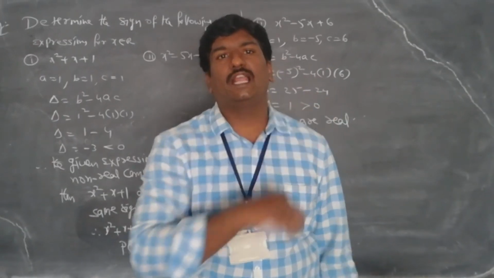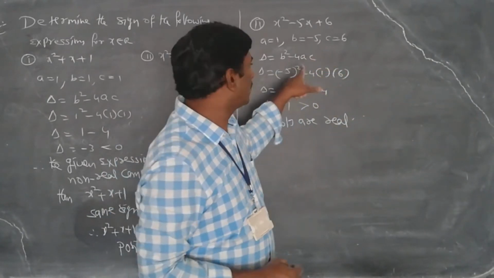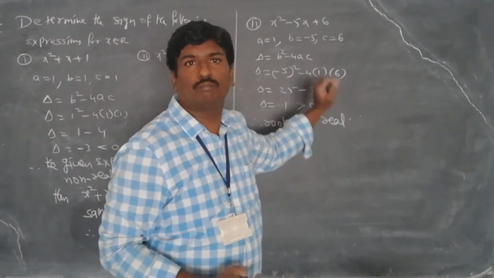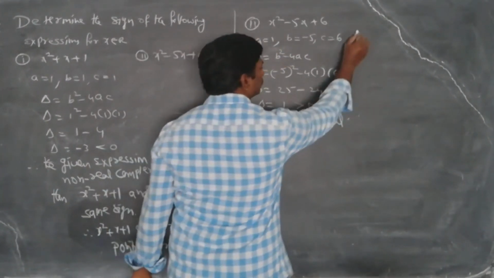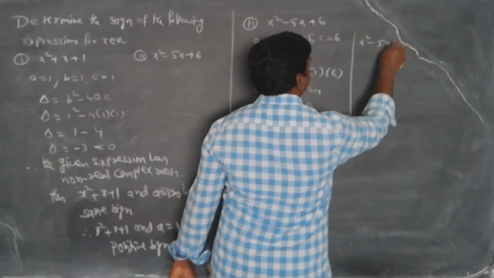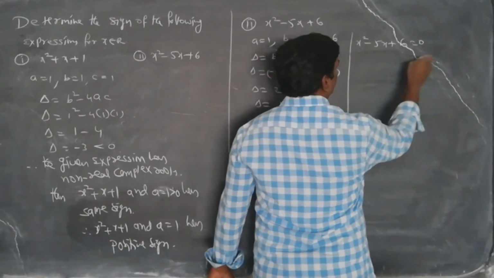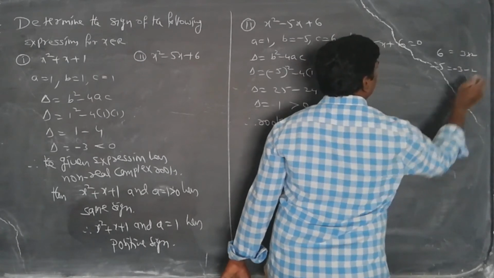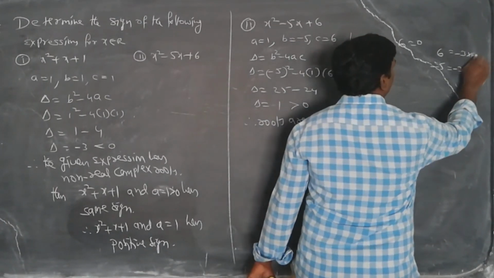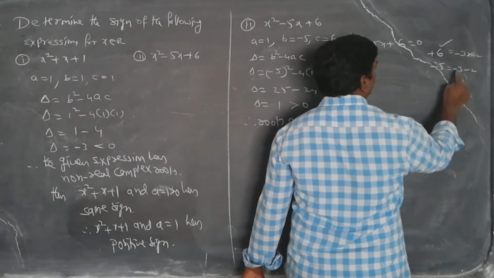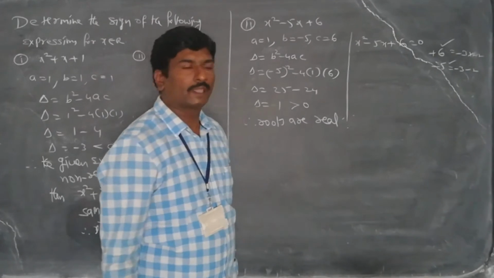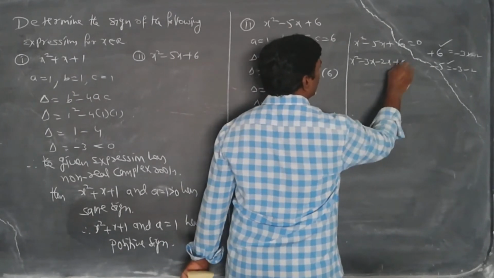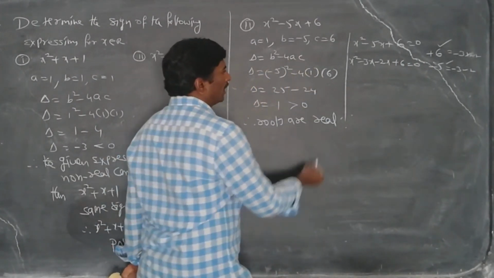So for that you have to find the real roots. By the discriminant I have declared the roots are real. So what are the real roots? You have to find them now by factorizing. So factorize this one: x square minus 5x plus 6 equal to 0. Here 6, x coefficient is minus 5. So 3 twos are 6, minus 3 minus 2 is minus 5. So minus 3 into minus 2, minus into minus is plus, satisfied. Minus 3 minus 2 is minus 5, satisfied. So how can you write now? x square minus 3x minus 2x plus 6 equal to 0. Now find the roots.